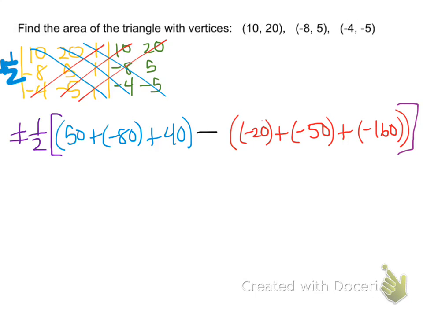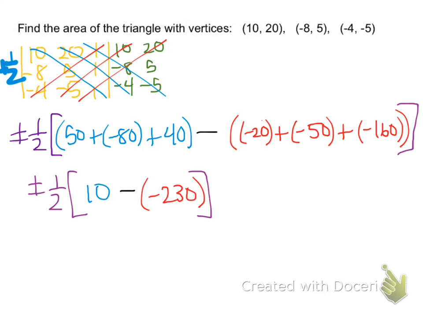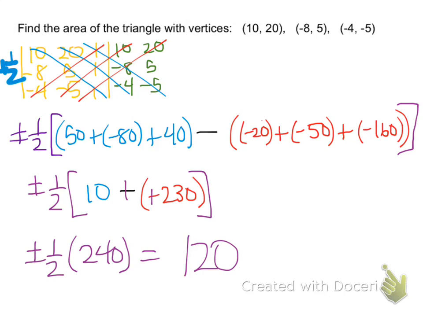And so now we can just simplify all our parentheses. We still have plus or minus 1/2. And 50 plus -80 plus 40 gives us 10. And -20 minus 50 minus 160 is a -230. Again, changing our double negative to a positive, multiplying it by the 1/2, and we get that the area is